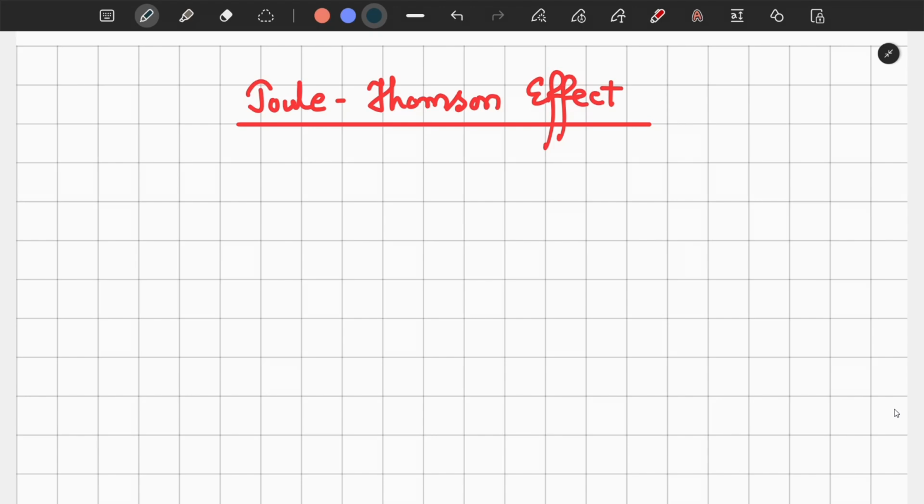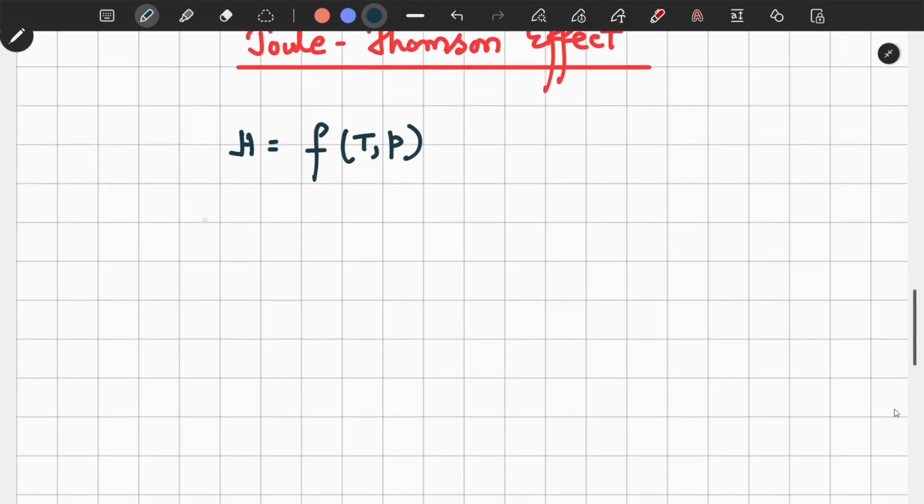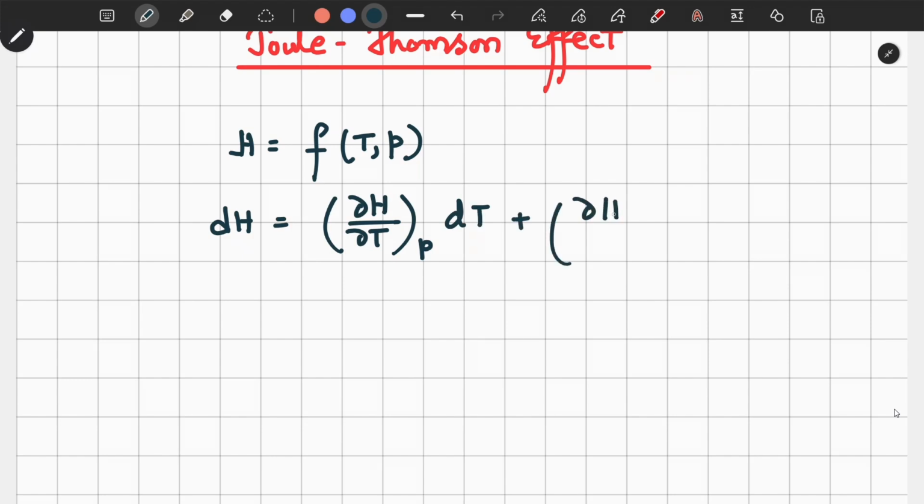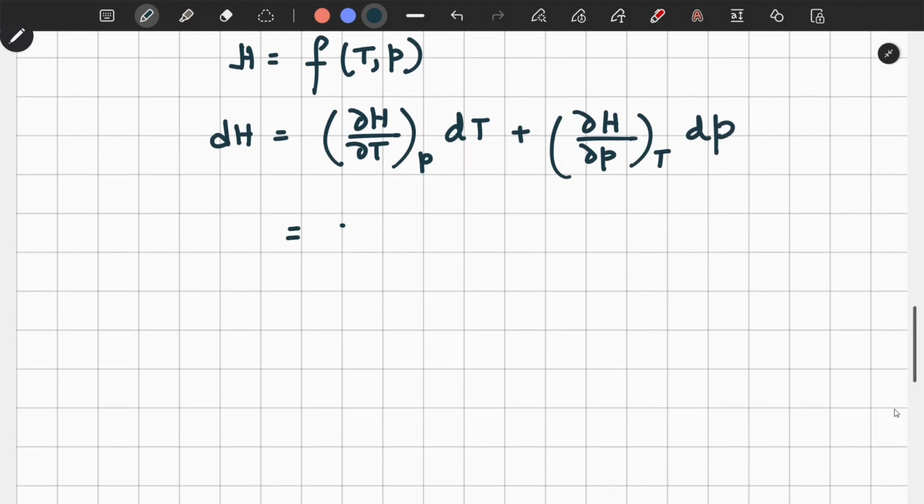What is JT? No, the Joule-Thomson coefficient is not involved in the thermodynamic equation of state. Let me do it. Here, just doing it similarly, this was a function of temperature and pressure. So dH equals CP dT plus